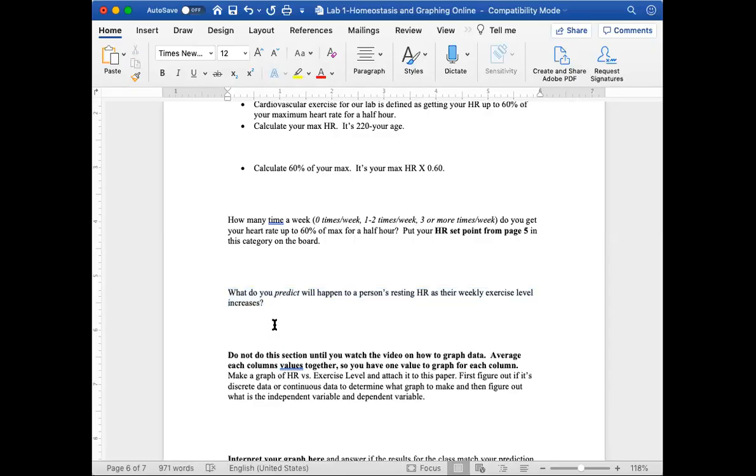So if I was doing this, and again, this is a hypothesis or a prediction, so it's a statement about what you believe is going to happen. So I predict